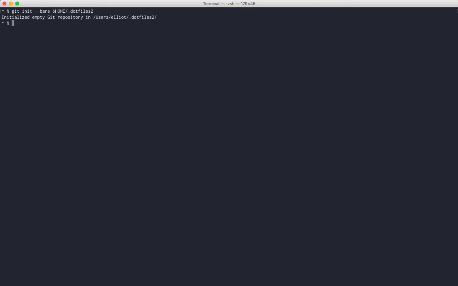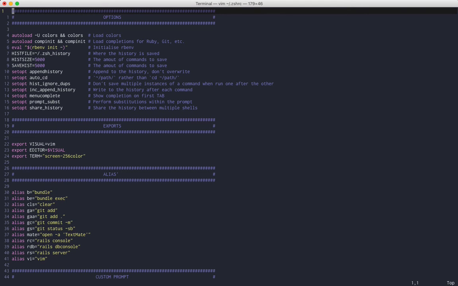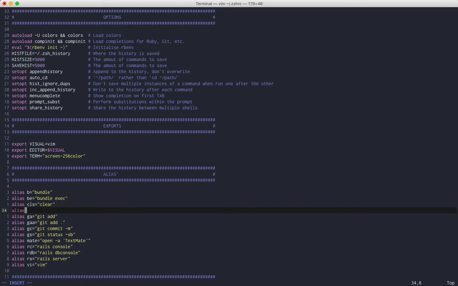So to avoid having to type out a whole lot of instructions every time I want to work with my dotfiles, I'm just going to create an alias. I'm using ZSH here. If you're using bash, then you would add this in your bashrc rather than your zshrc. But as I say, I'm in ZSH, so I'm just going to open my zshrc here. In my config file, I have a section for aliases down here. If you don't have one, then this can go anywhere in the file really, but I'm just going to add mine down here. So alias